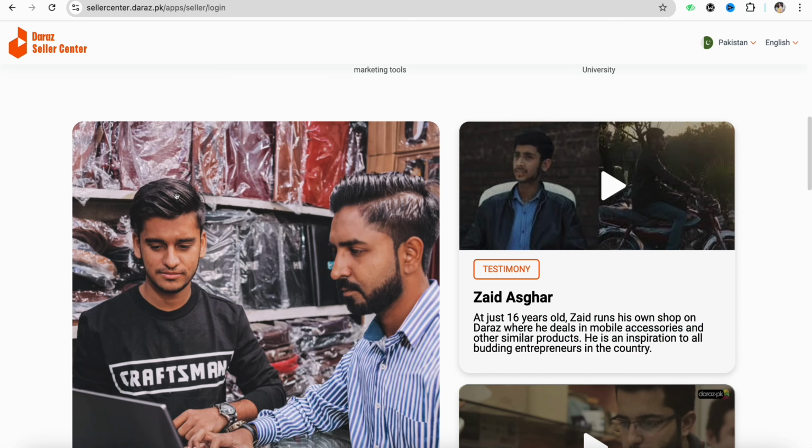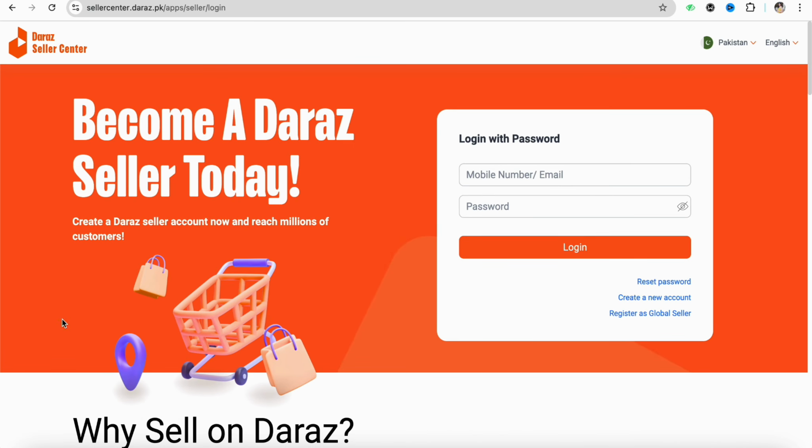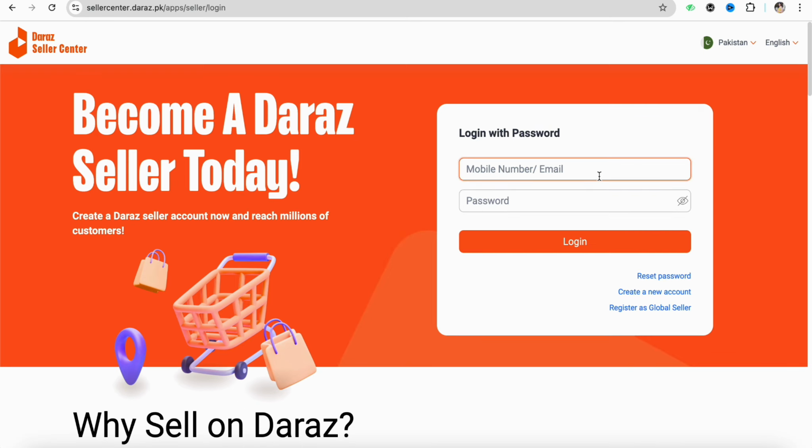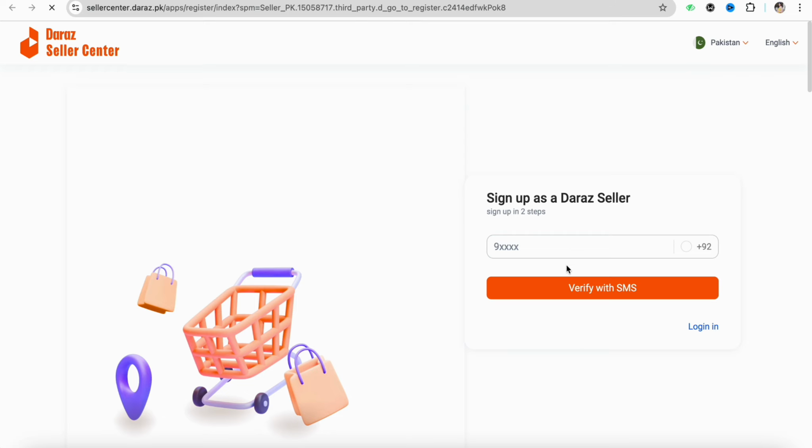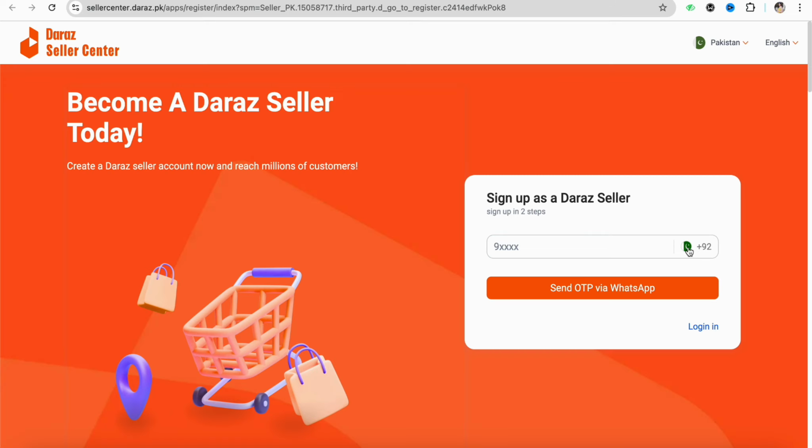Just enter your number right here. I'm creating one right in front of you. If you don't have an account, just simply click on create a new account, and it will open up a window for you right here. And over here just simply enter the phone number as per your country or your location. And once you enter your phone number, an OTP will be sent to your contact, so you just have to simply enter that OTP over here.